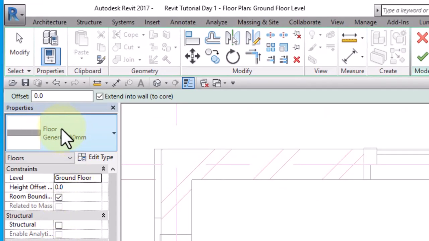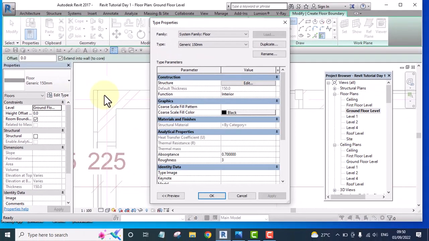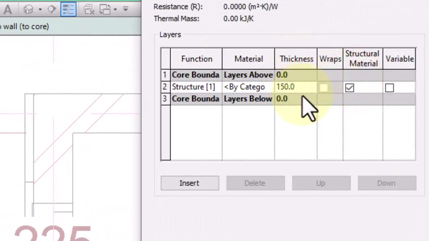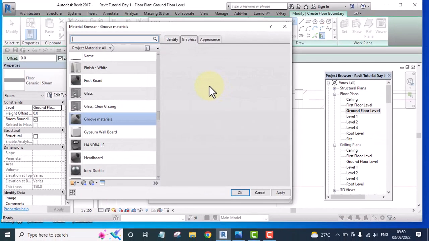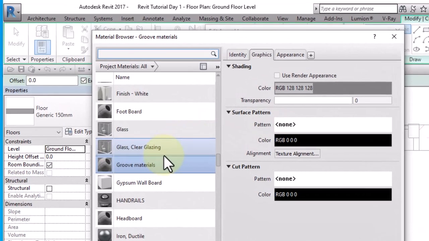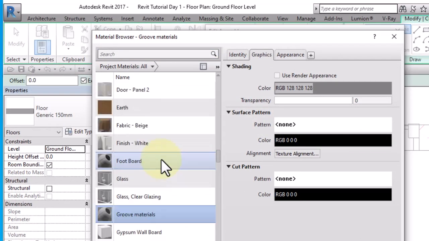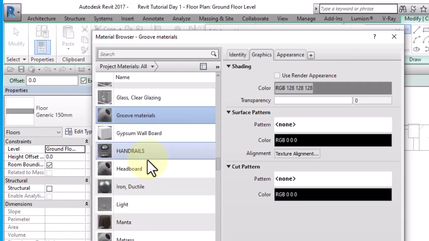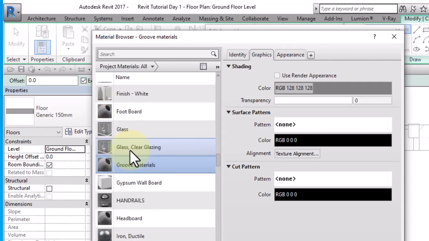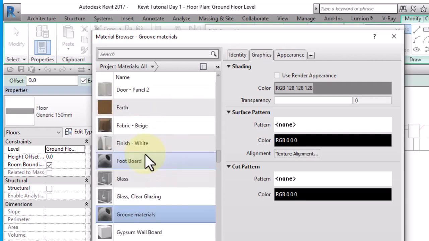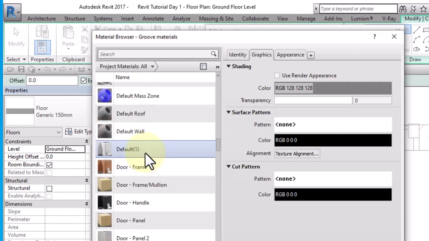You can see the one I'm using here. If I want to know the size, you can see the size here. The thickness is 150 mm, and the material I want to use, the material for the floor. It's as if I don't have a floor here, so I can start from any material. I can pick any material. Let me look for default